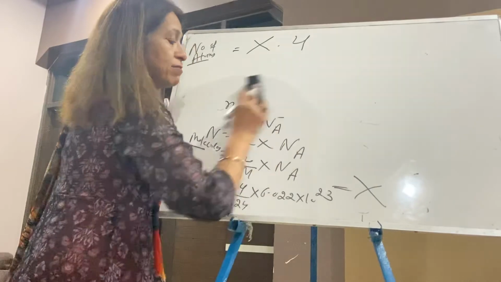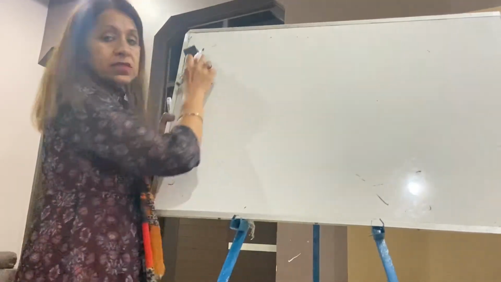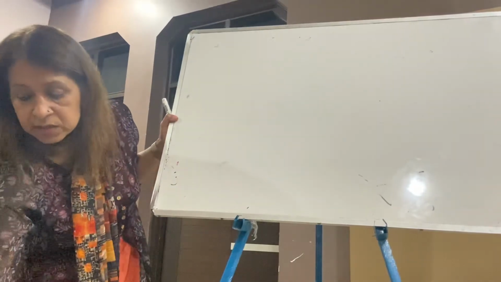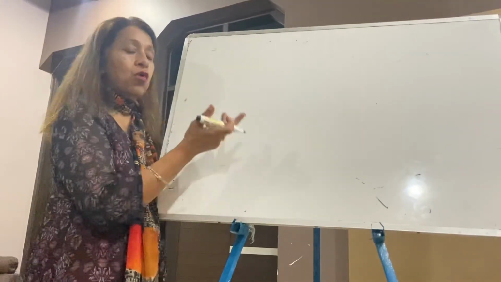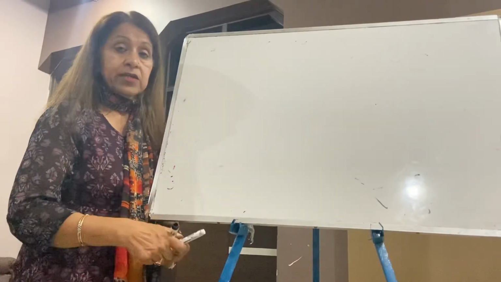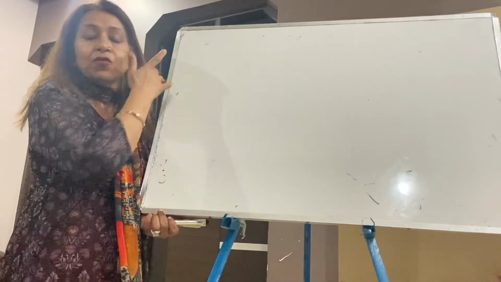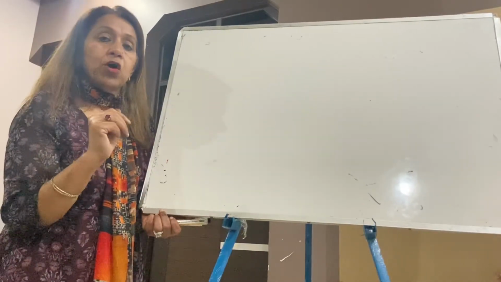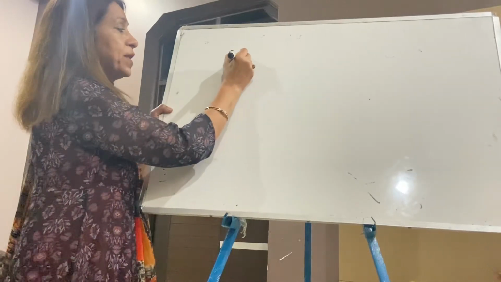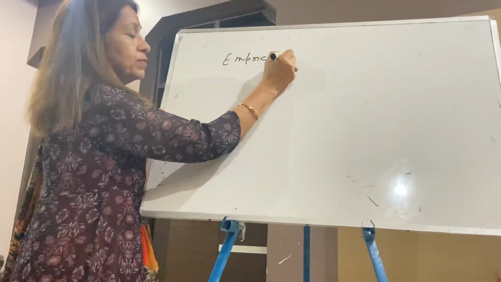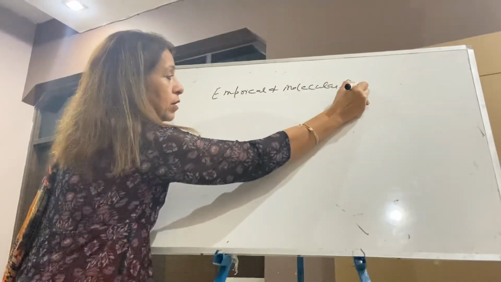So you can do a lot of practice of the mole concept and limiting reactant. I will give the assignment the moment you get over the chapter. I think the topic is clear now, limiting reactant. After that you can take the numericals of mole concept and limiting reactant from NCERT books as well. So with that you have completed 7-8 topics. Write down tomorrow's topic. Tomorrow we will take the topic empirical and molecular formula.